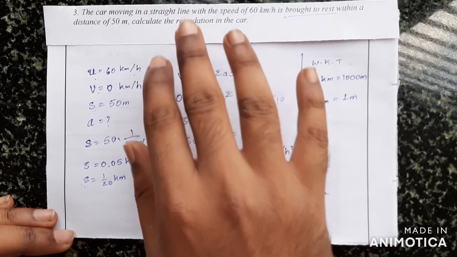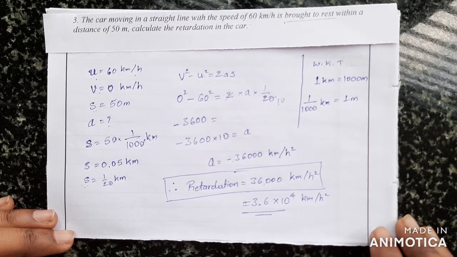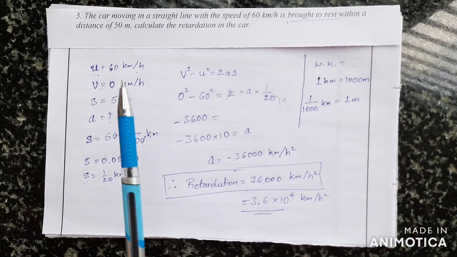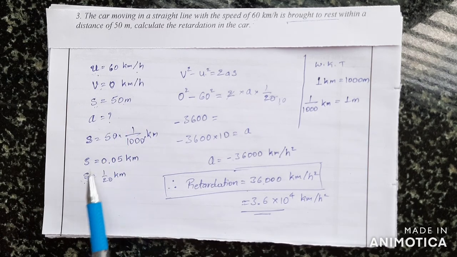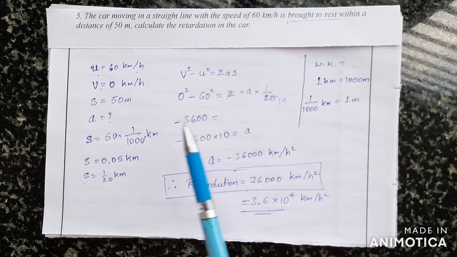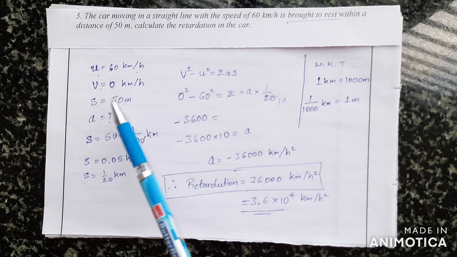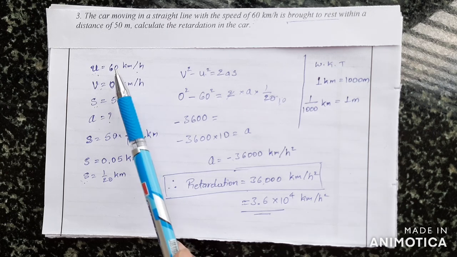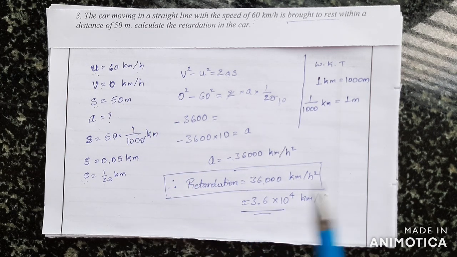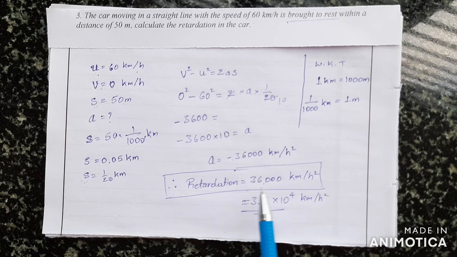For the same problem, I would like you to solve the question by converting the speeds instead of displacements. Okay, see, what I did is I converted displacement and solved, but I want you to solve by converting speeds from kilometer per hour to meter per second and then solve this. Okay, you try that. You will get the retardation in meter per second squared, which will be a very small value.